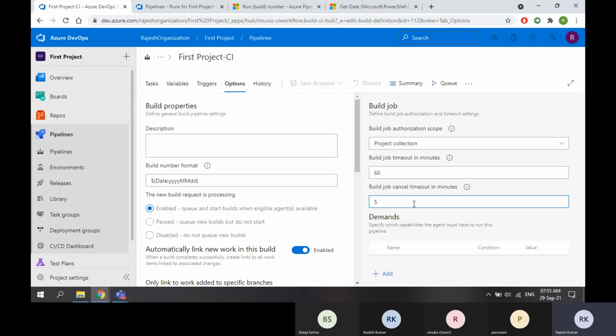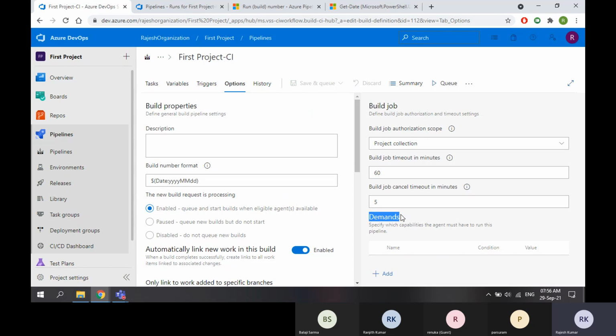So it will wait for 60 minutes, and after 60 minutes, within 5 minutes, it will cancel. So these are the options, build job and build timeout. These are majorly used to save your time.